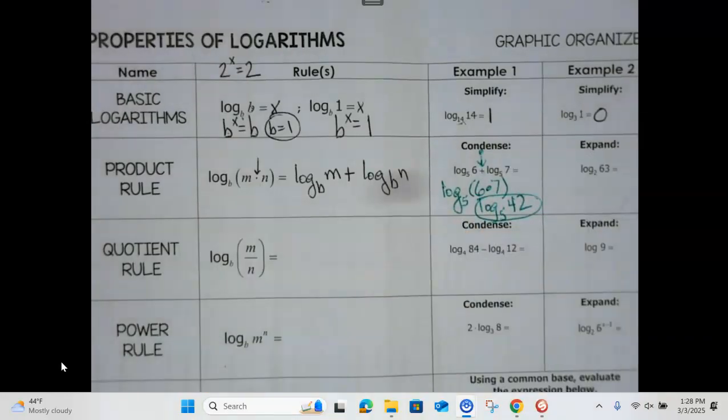if I'm being asked to condense, my log base 5 doesn't change at all. The only thing that changed was that plus became multiplied, with 2 of our larger values, which is simplified numbers. Whereas if we're trying to make it wider or expand,